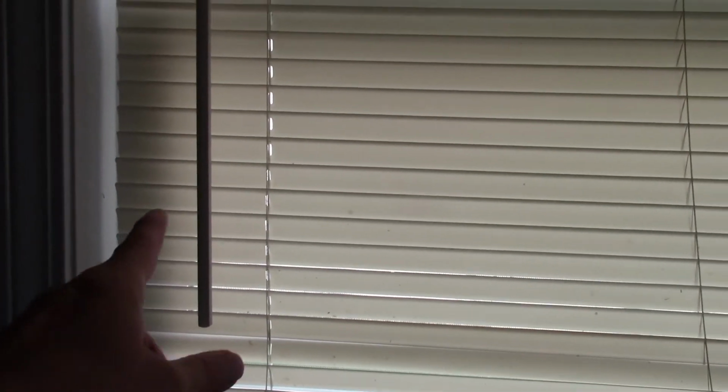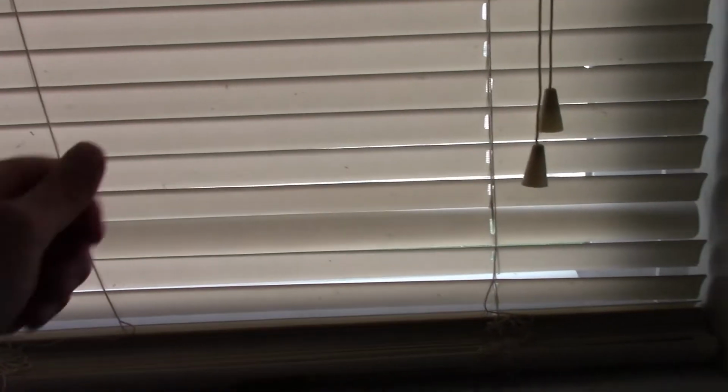The old one has this type of rod to open and close. See it open and close, and it has string to raise it up and down, and 1 inch is mini blind. Okay, before you install the new one, make sure you